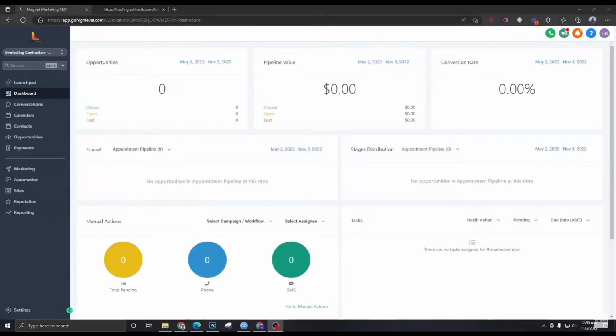Adding chat widget to Gohighlevel is a pretty easy thing to do. Today I'm going to show you how to add chat widget to your Gohighlevel. As you can see, I've already logged into my Gohighlevel account, and now what you have to do